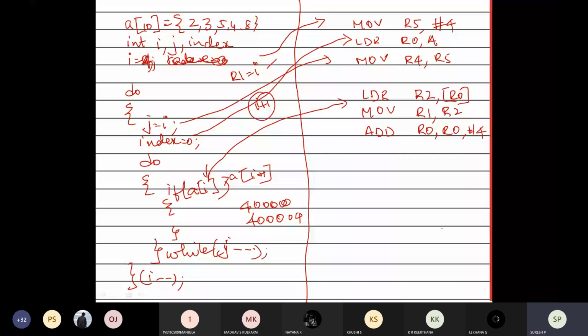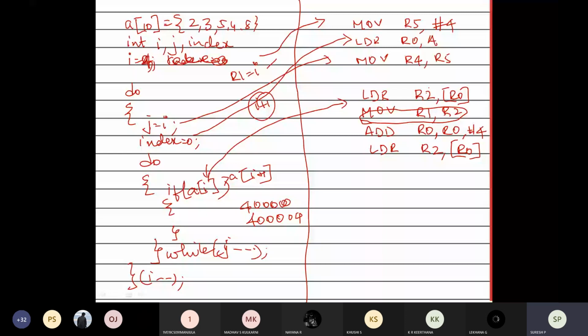Now, if I want to eliminate this particular instruction, what is the other instruction I can use? Load LDR R1, R0 directly. That will reduce another statement itself. So instead of loading and then moving, you can take LDR R1 only. Next, I am storing one element in R1 and the second element in R2.